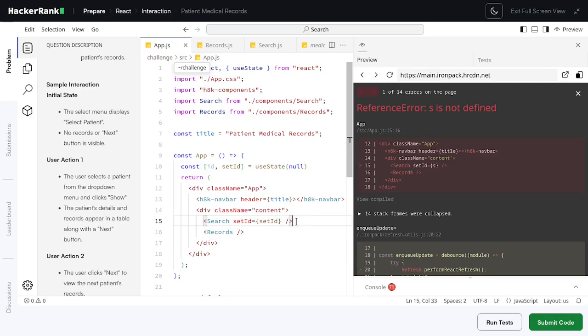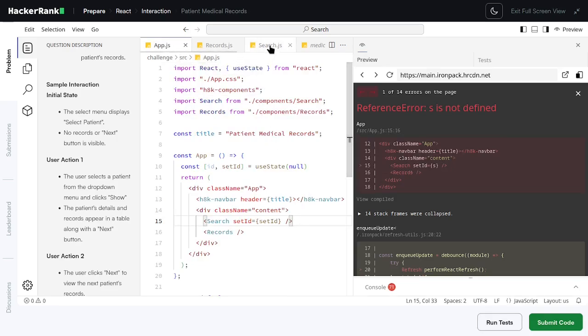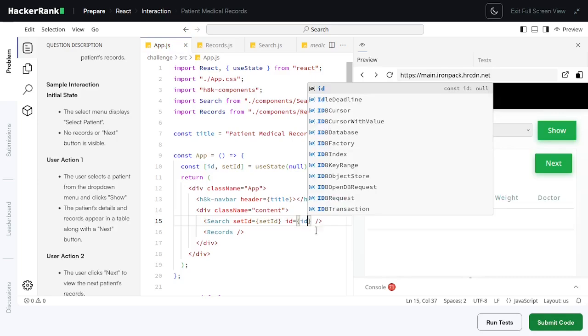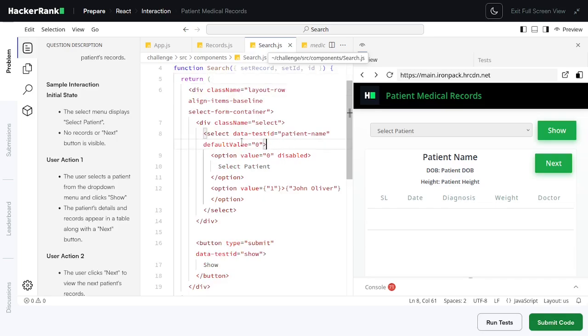That's the uniqueness of the React application that we might not know yet. A set ID, and then the state is new, and for the ID we can pass in the ID, and we can use the set ID props, and this is the select drop down, the select patient, and the default value is 0. Option value 0 is disabled by default, it's grayed out, and it's on the disabled attribute right here for the option. And then we